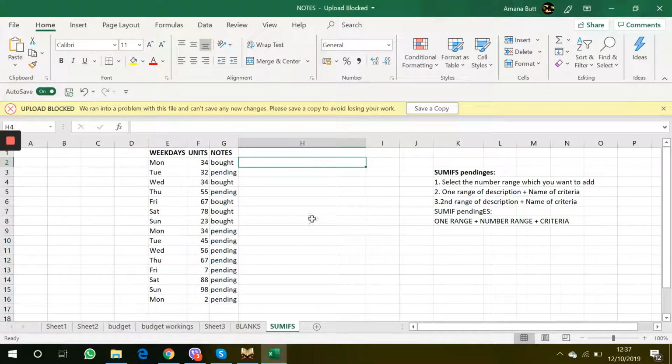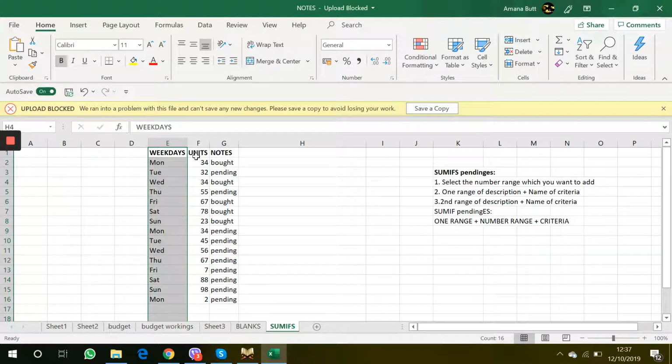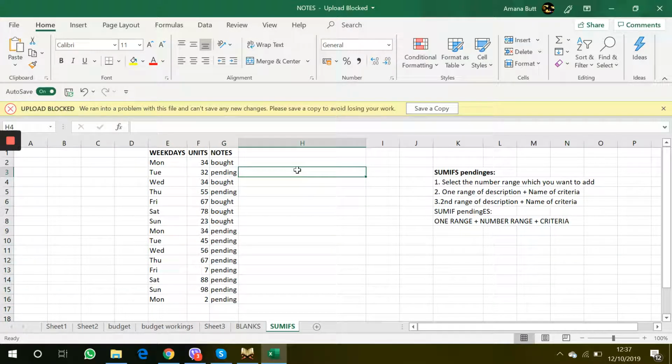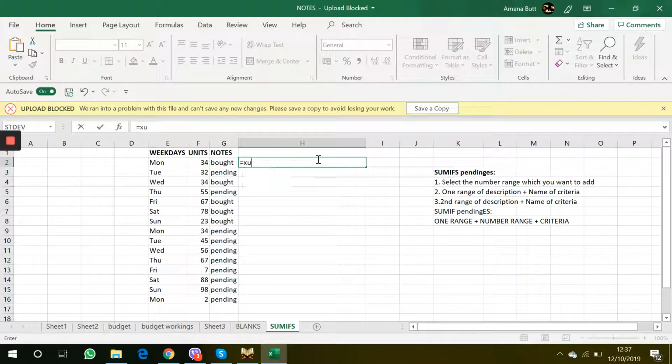I'm going to show you a function called SUMIFS, and I have the data here. It's weekdays, units, and notes. So let's use SUMIFS to analyze this data. First of all, I'll type in equals SUMIFS,